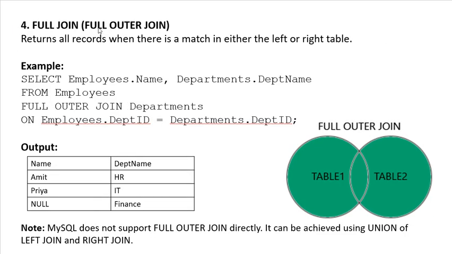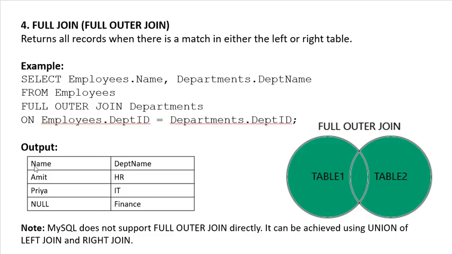Fourth is a full join, a full outer join, which returns all the records when there is a match in either the left or the right table. This image shows both tables' data, without any condition to print. The example: SELECT employee.name, department.department_name FROM employee FULL OUTER JOIN department ON employee.department_id = department.department_id;